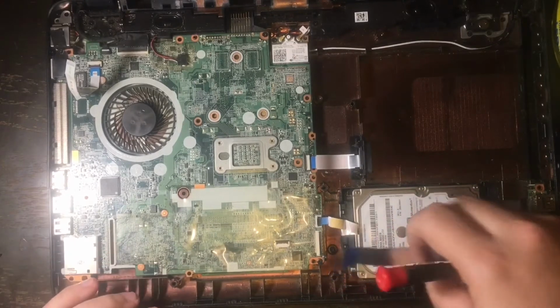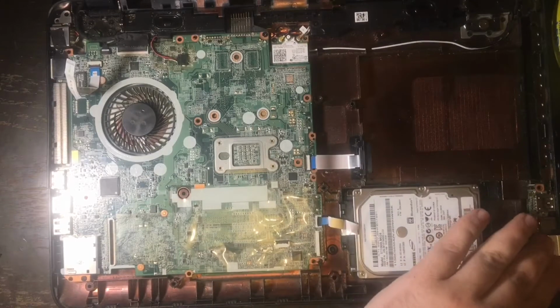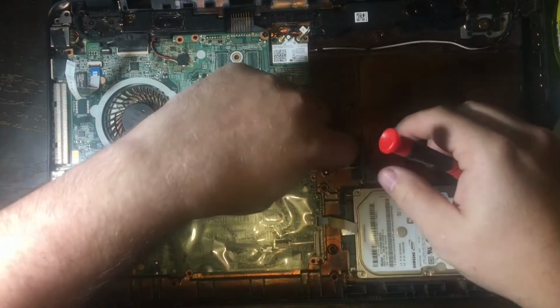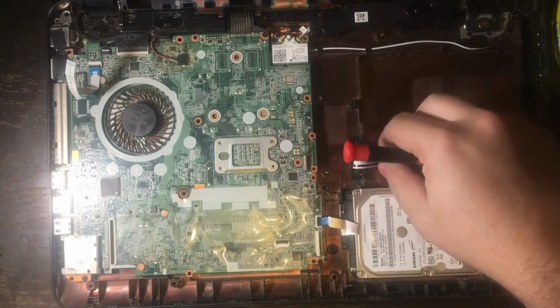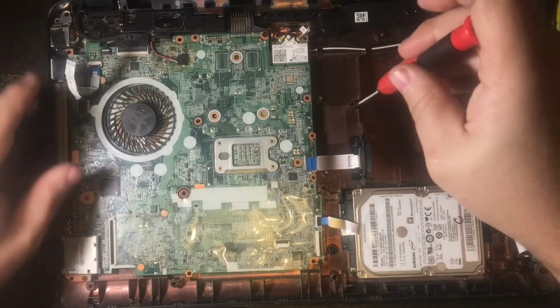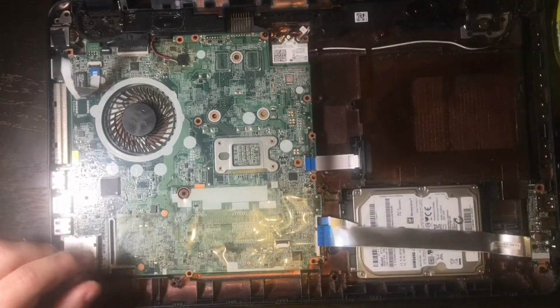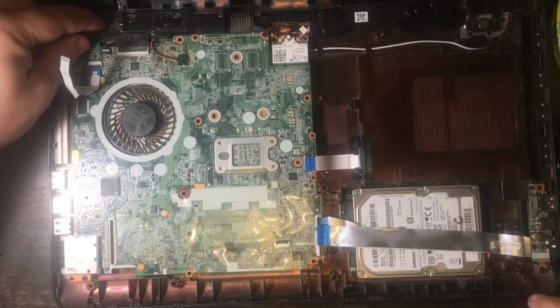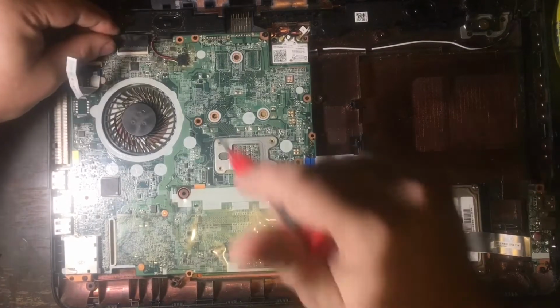So go ahead and take these ribbon cables off, disconnect them, and then let's just get them out of the way. See, that was easy. And then there are going to be 4 main screws that you need to take off to take out this